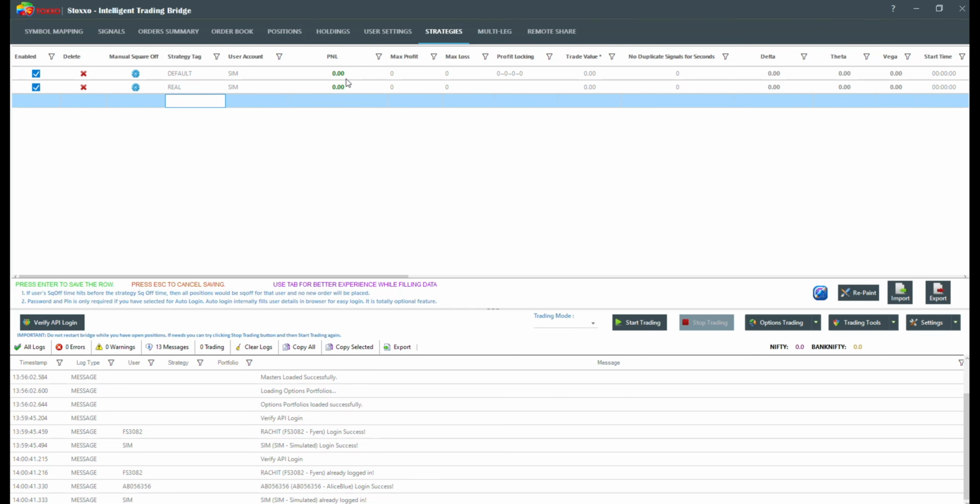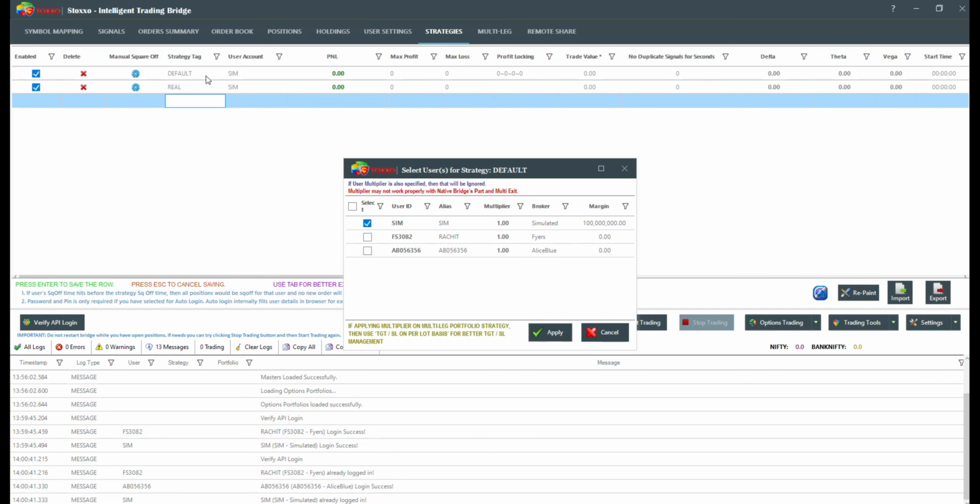That is where these tags come in very handy. For example, if I'm working with this tag, this is a beautiful feature. Let's say my initial quantity of fire for Bank Nifty is 1 lot, but when I'm selecting the Fires account, I wish that this multiplier should work as 2. So now whenever I'm firing with 1 quantity, or let's say 100 lots, automatically it will be converted to